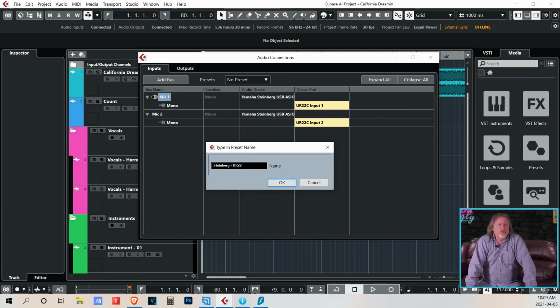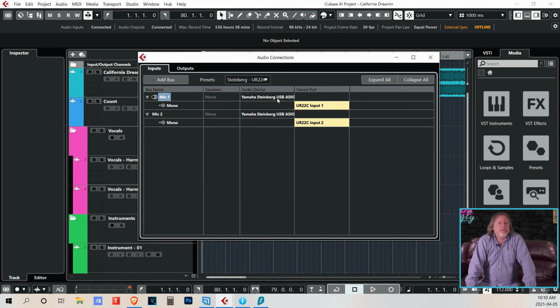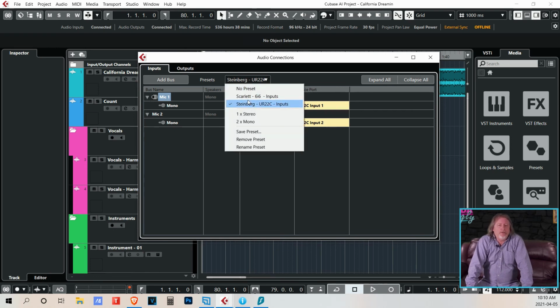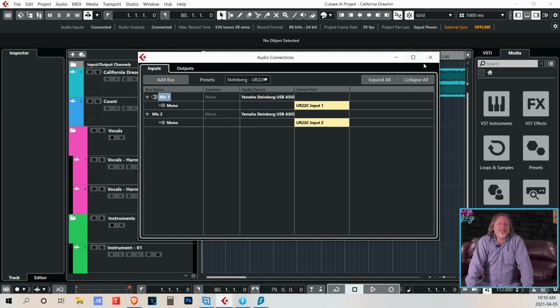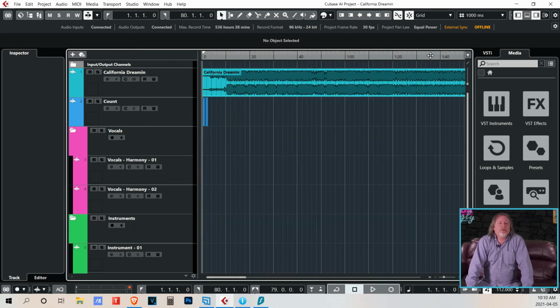I usually will use the audio interface name Inputs. In this case, Steinberg UR22C Inputs. Your preset can be recalled anytime in order to restore the input selection saved as that preset. Close the Audio Connections window by clicking on the X located at the top right corner of the Audio Connections